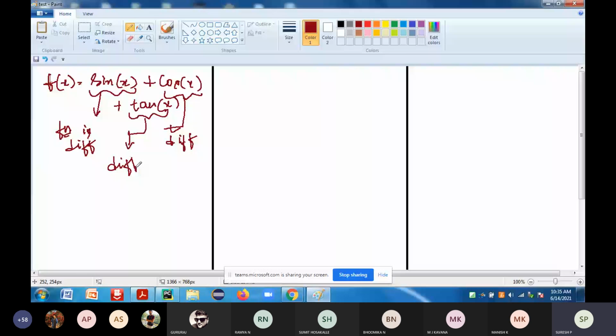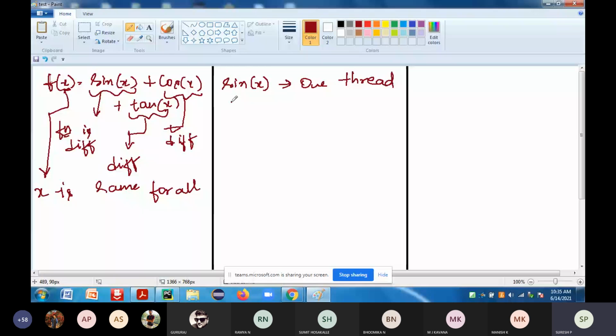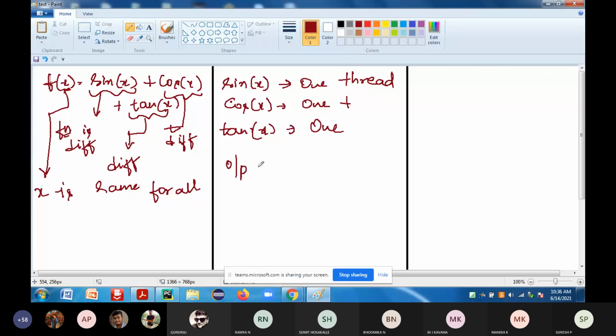Now sin x will be running in one thread. Sin x requires one thread to calculate its value. Similarly, calculating cos x is one thread, and calculating tan x is another thread. At the output stage, combine the first, second, and third threads.